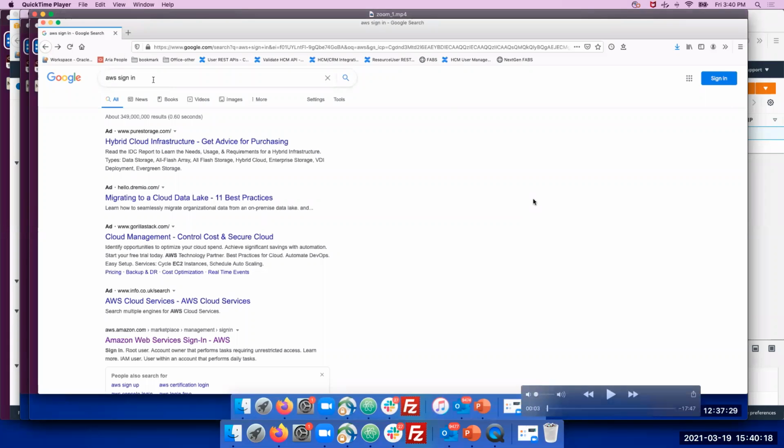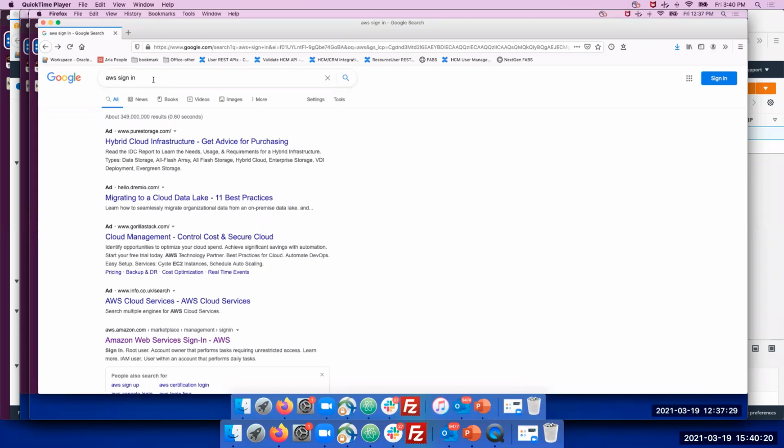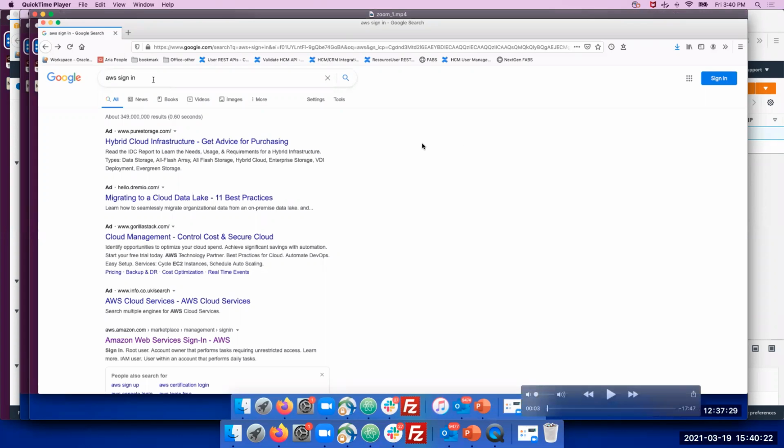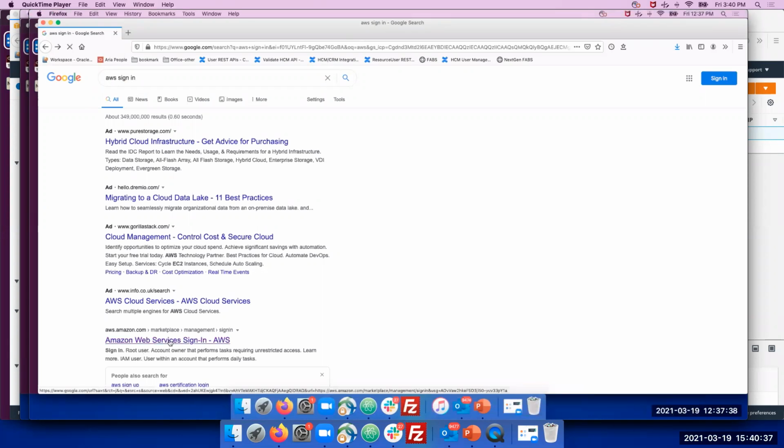Search in Google for AWS sign in, and click on the AWS web service sign in page.